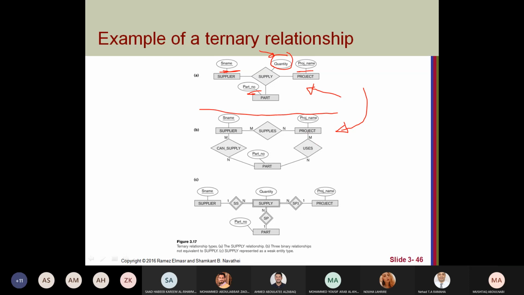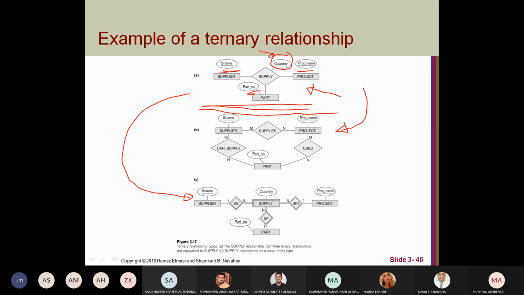Because here, this project is connected with this part, and this part is connected with this supplier, and this supplier supplies for this project, but can supply for other projects, and this makes too much confusion here. That's why it's better to make it like this. Or another way,